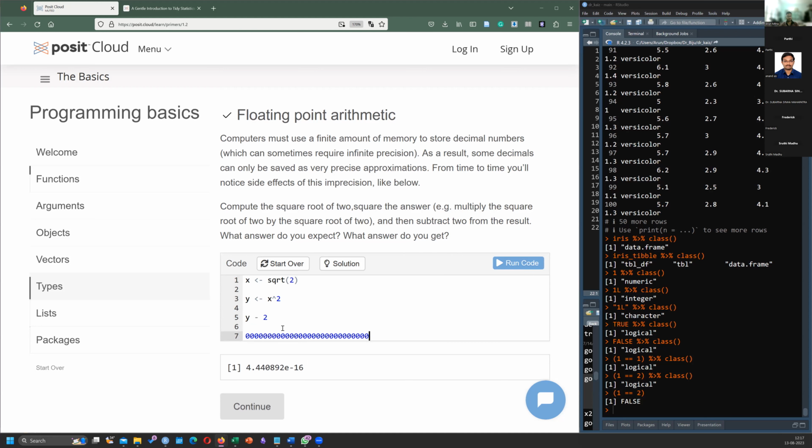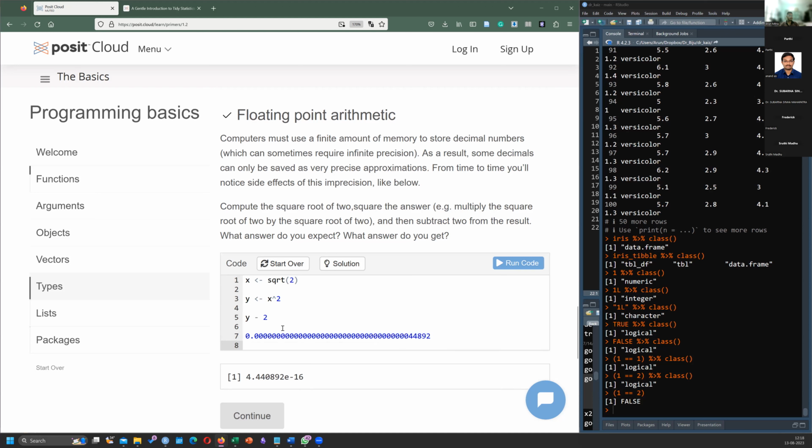Sorry, it is 0.16 zeros, then 4.44892. So these digits will have to amount to 16. You get my point?